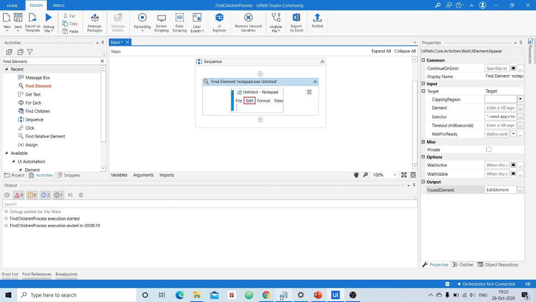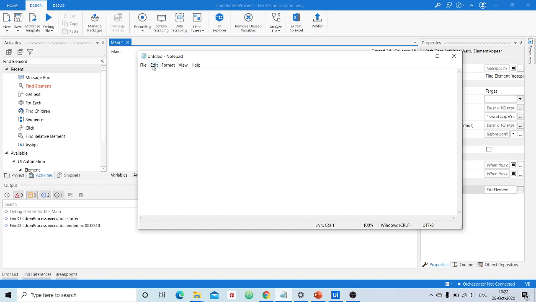Now what we have to do is, using this as a reference, I need to focus on a neighbor UI element which is next to this edit element, towards the right side of it. Assume that I can't directly fetch a reference or pointer to this format option. So using this edit UI element, I need to focus on the format element. Did you understand the scenario?